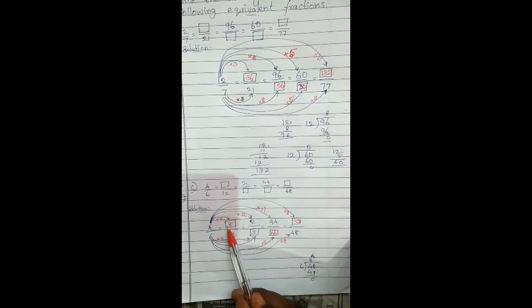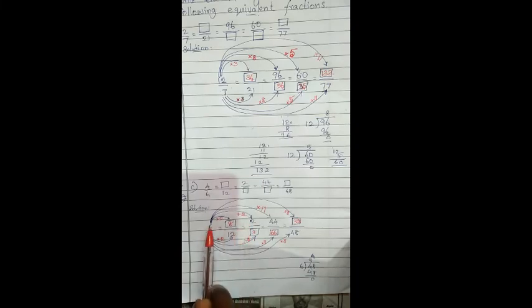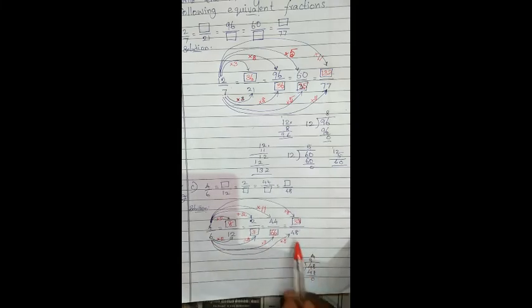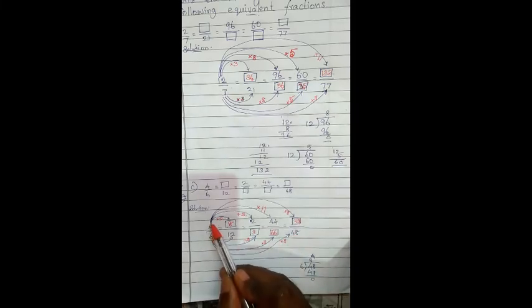First one, multiply by 2 will give 8. Correct. This we get 2 by division. Divide by 2. Then you must divide the denominator also by 2. So we got 3. 6 divided by 2 is 3. Now come to the next one. 44. 4 times 11, we got 44. Then we must multiply by 11. 6 into 11, 66. Here 48. 6 8s are 48. Therefore 4 8s are 32. Correct.